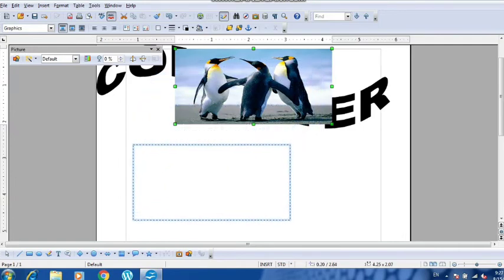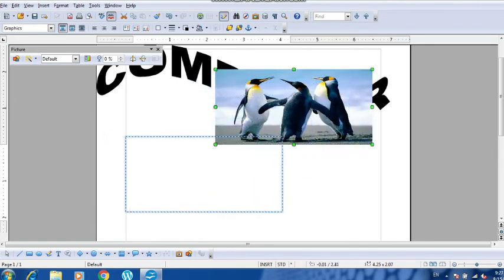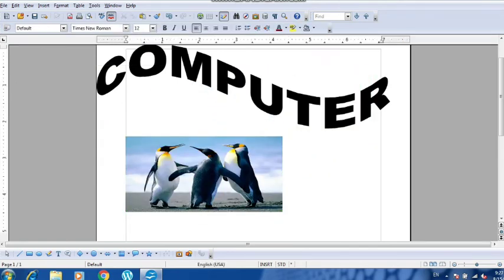You can again stretch the picture, you can enlarge the picture. If you want to move the picture from one place to another, you just have to press it and drag it with the left mouse click. With the help of the left mouse click, you can drag it and place it anywhere. Alright, this is a very easy and important function, you can say, to make your document look more attractive. You can insert different kinds of pictures, you can take the help of the Fontwork Gallery and you can write these kinds of text inside your document.